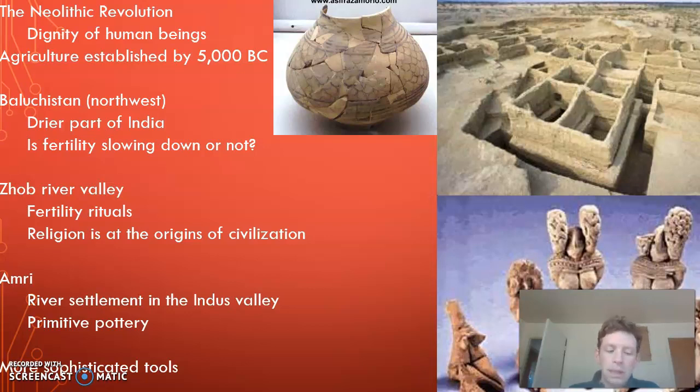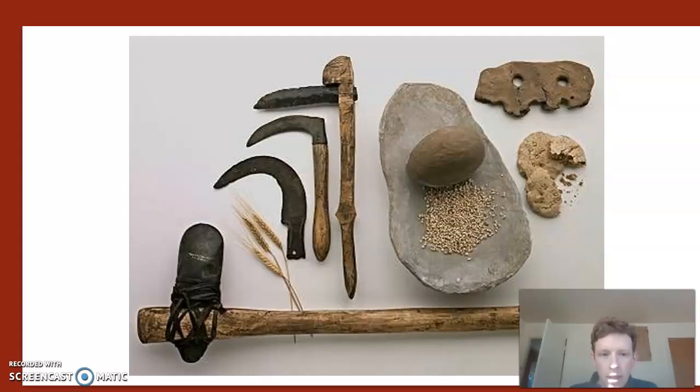We find spears, bows, and arrows that are all improving. We find swords that are being made of polished stone. So weapons are still being made out of stone. All of these materials are being made out of stone, but they're becoming more sophisticated than they had been before. Here are examples of some of these tools that we're going to close with today.